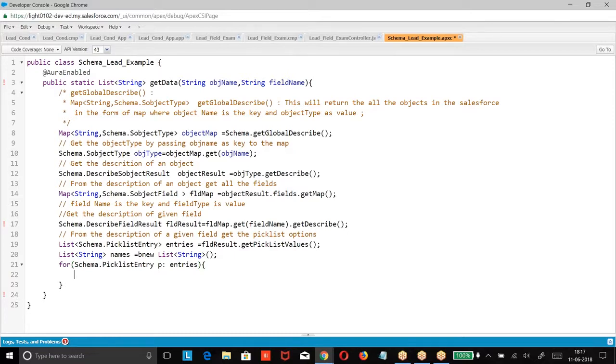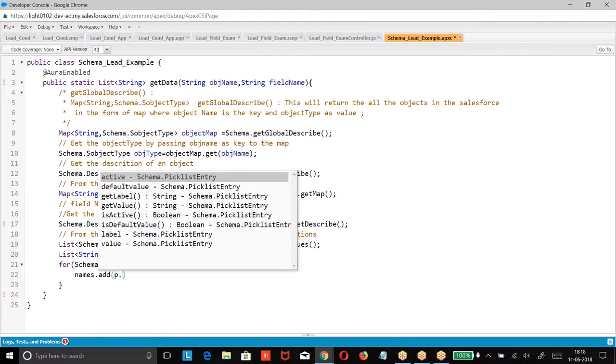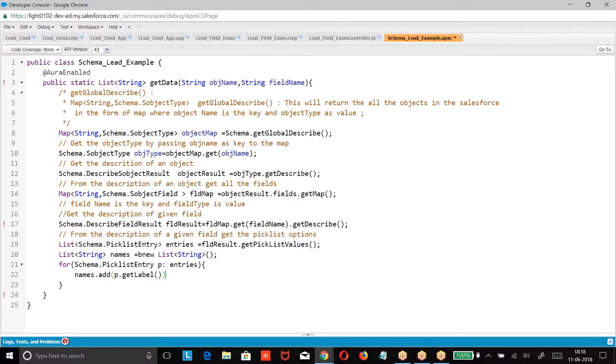Entries. So what I was doing, get the pick list options, take one by one option, get the label name. Whatever the pick list label is there, get that label. So when you call this method, what is happening? Based on the object name what you have given, based on the field name what they are given, dynamically it is getting all the options in the pick list field and giving the list of options.